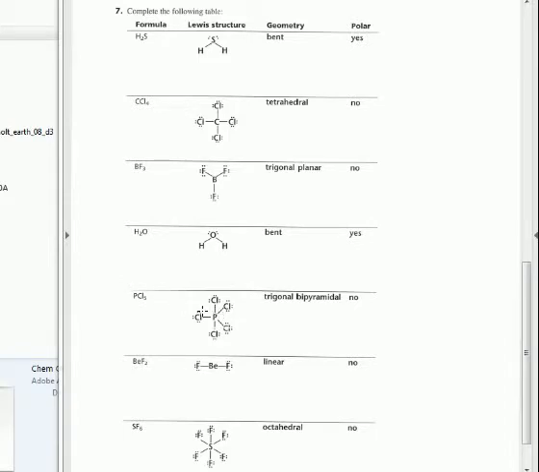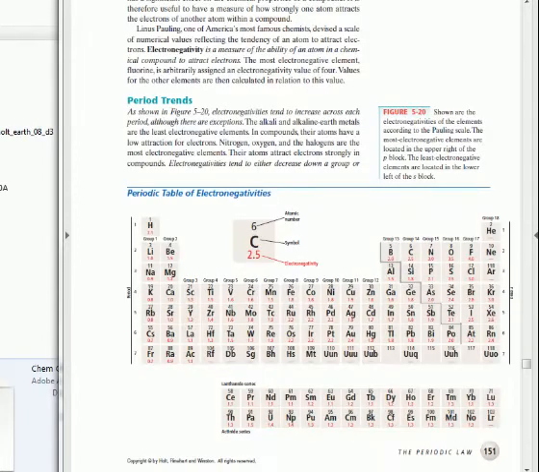PCl5. We have our central phosphorus, then I spread out my 5 chlorines around it. Spread out, spread out, spread out. Even if there's going to be polarity in these bonds, which I don't believe there is, let's go double check. We got phosphorus and chlorine. Actually, no, that's a 0.9 difference. Those are going to be individually